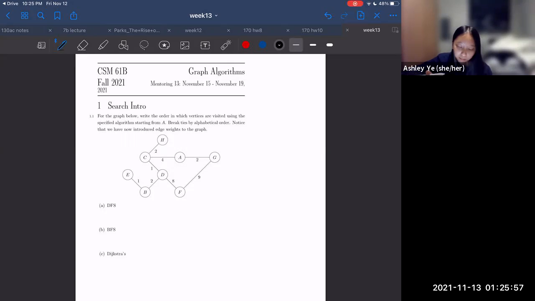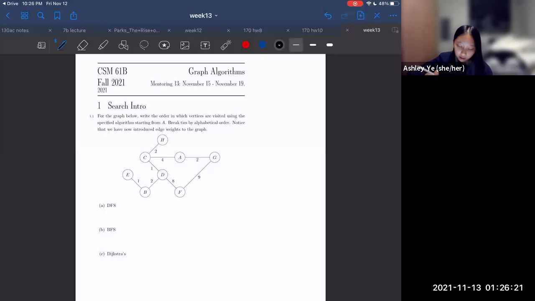For this question, we're going to be looking at this graph below and writing the order in which the vertices will be visited using various different algorithms, starting from node A. We're going to break ties by alphabetical order, and we want to notice that there are edge weights